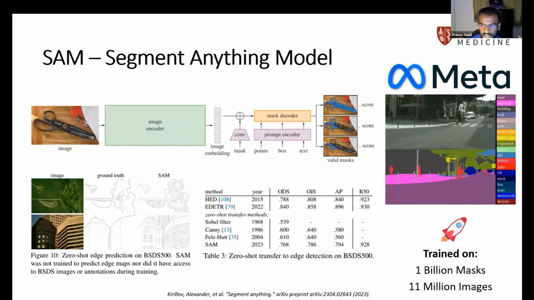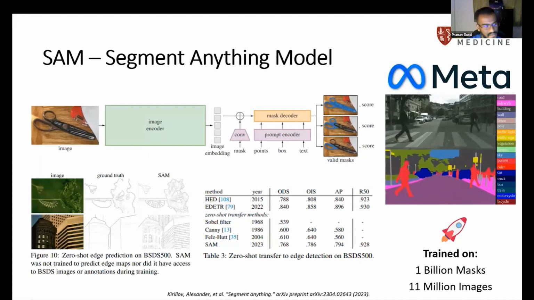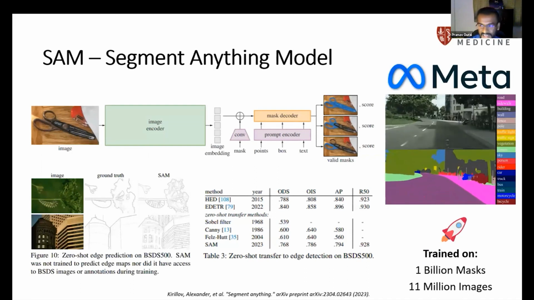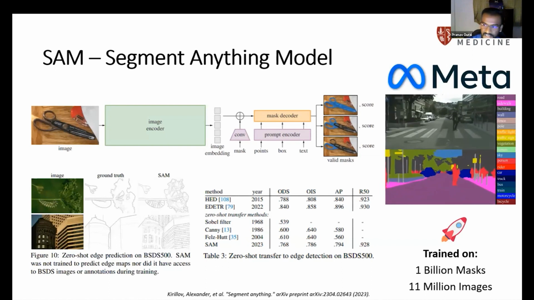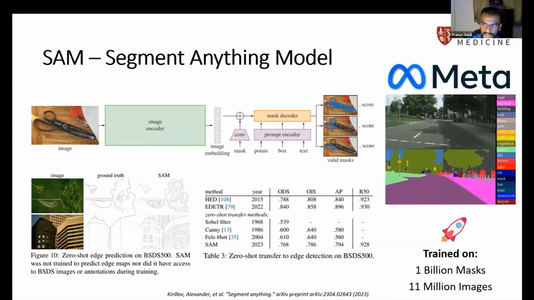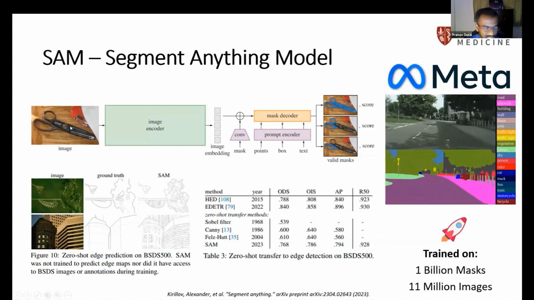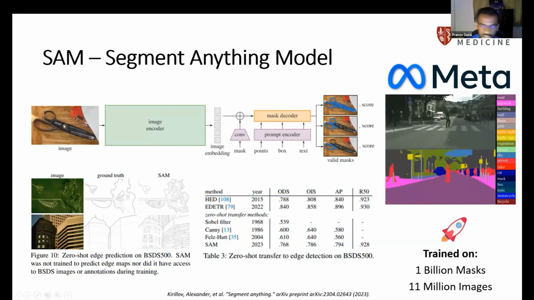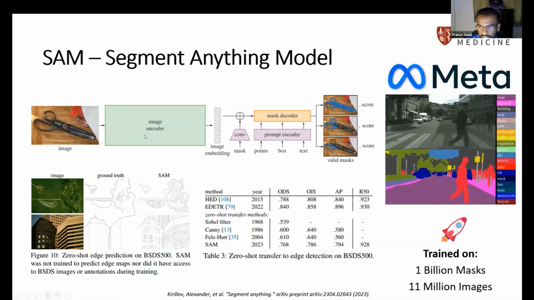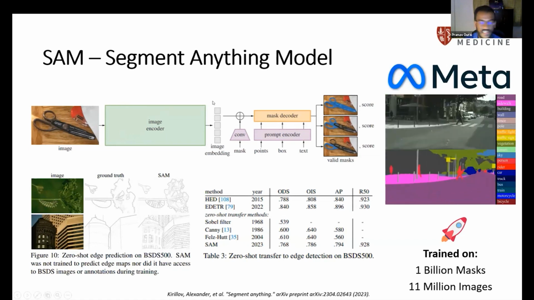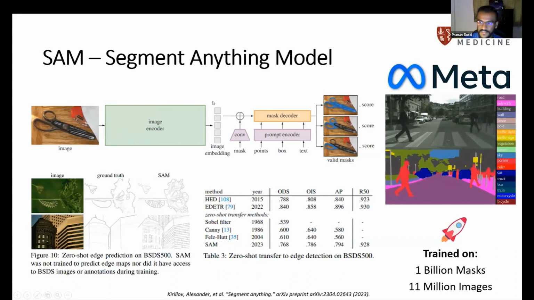So this is where SAM comes in. So this is SAM, and it's called Segment Anything Model. And it is actually from this company called Meta. You might know Meta as Facebook, right? So basically the architecture looks like this. You have an input image, it passes through the image encoder over here, and image embeddings are generated for each image that you put into